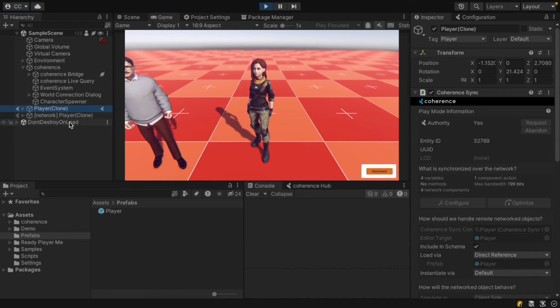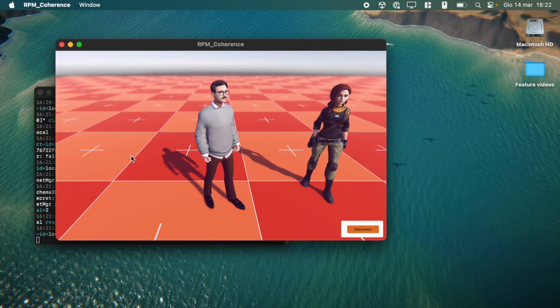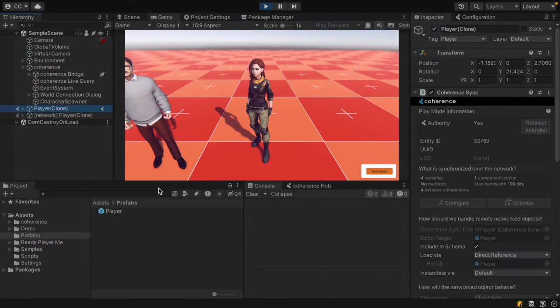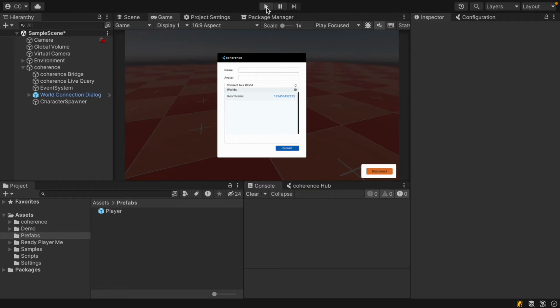And here you see that as this instance of the game has spawned this character here, exactly like the editor did, the character gets synced to the editor world, and a new prefab is instantiated, which of course appears as a remote player. So with this in mind, let's see how it works behind the scenes.